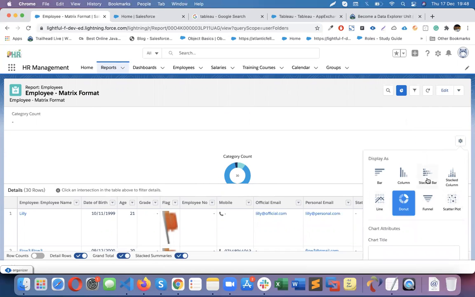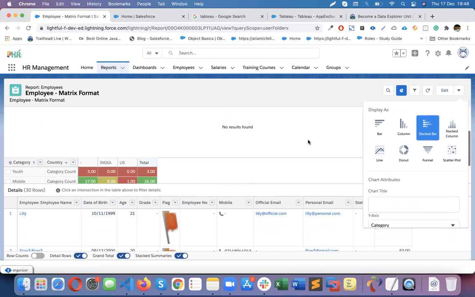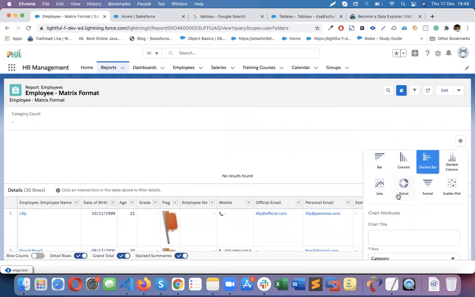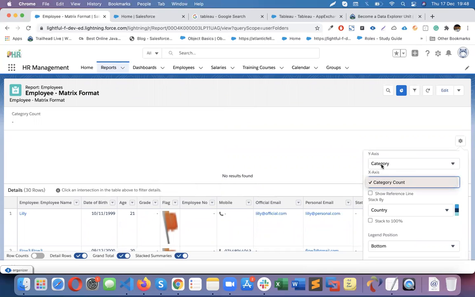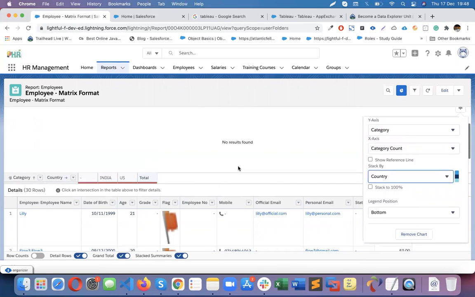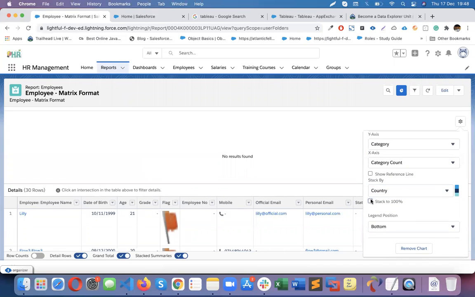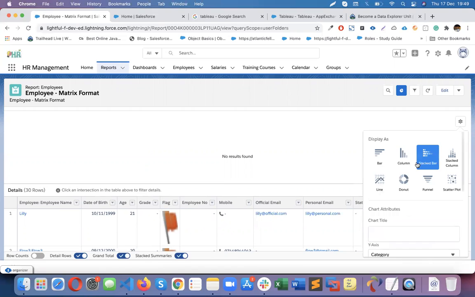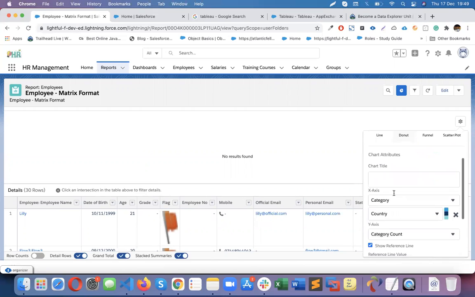Now if I go for the chart, like if I want to edit this chart, instead of this chart I can go for a stacked bar. With the stacked bar, you can go for different options like category or country. Here you can group them into different groups. If you have multiple categories, it will automatically align. But at the moment, the stacked bar does not appear. If I go for a column,